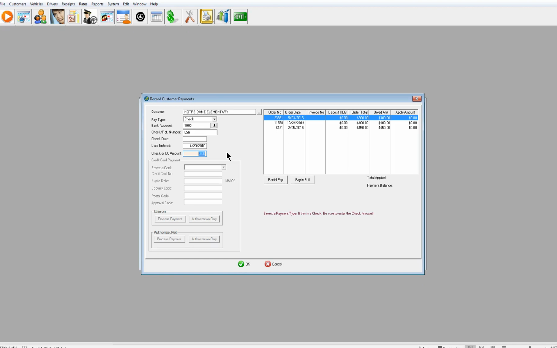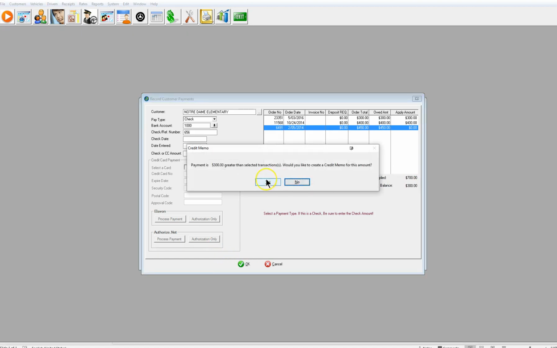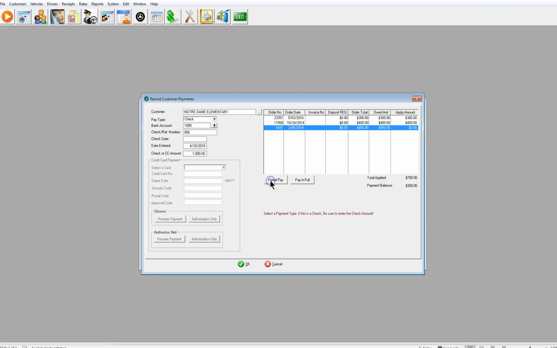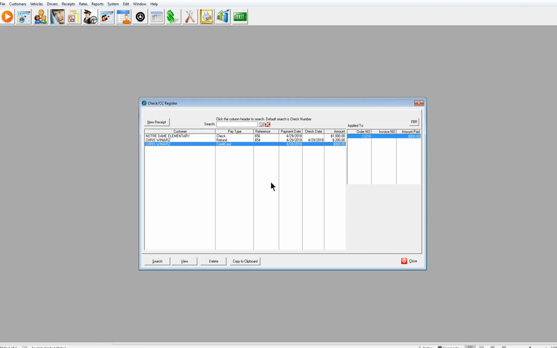the open invoices. So in this case, let's say the check was for $1,000 and we're paying this invoice in full and this invoice in full. So there's a balance of $300. When we try to save the transaction, it'll tell us that the payment is greater than the selected transactions, and if we want to create a credit memo, we'll go ahead and say yes, and now this customer has a